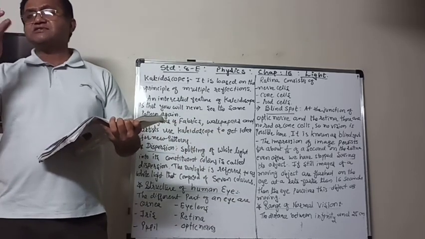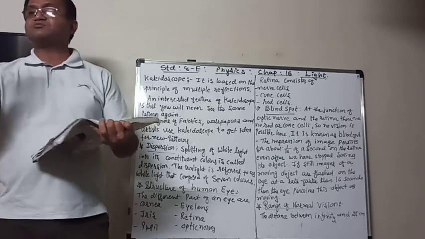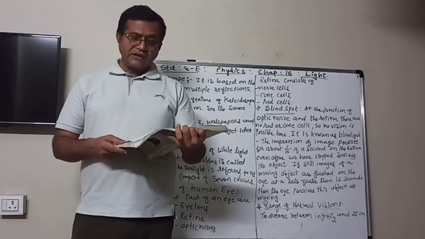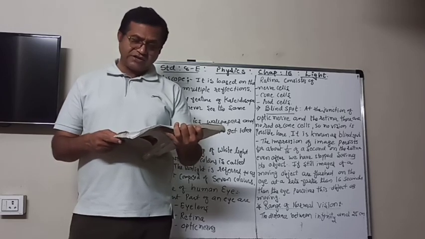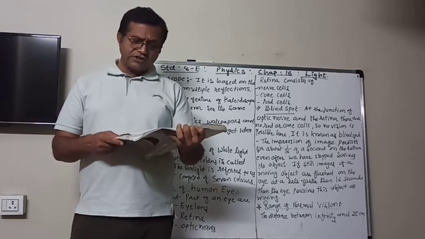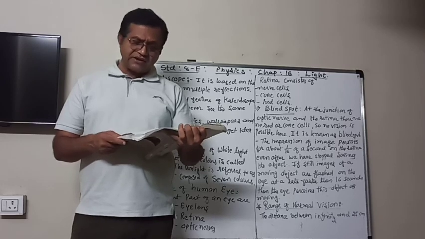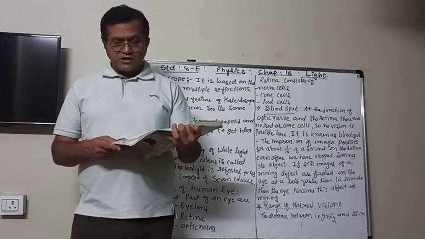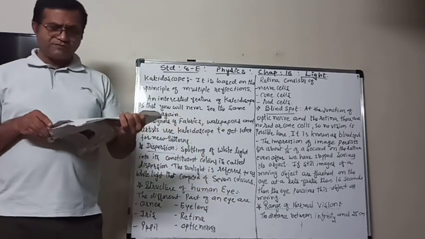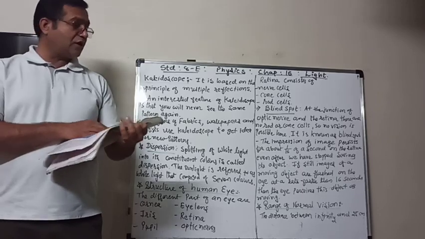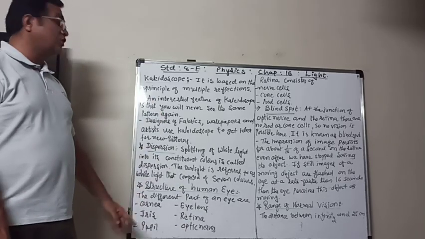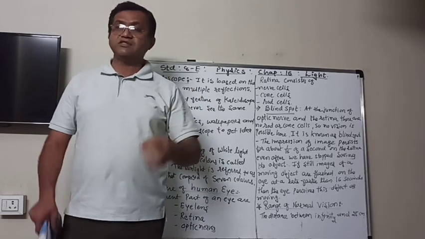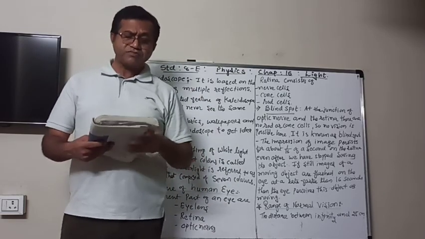Now our eye is roughly like a spherical, small marble. It is a spherical ball type material. The outer coat of the eye is white and tough, so that it can protect the interior of the eye from accidents. Its transparent front part is called the cornea. So the first part is the cornea, the outermost transparent layer.